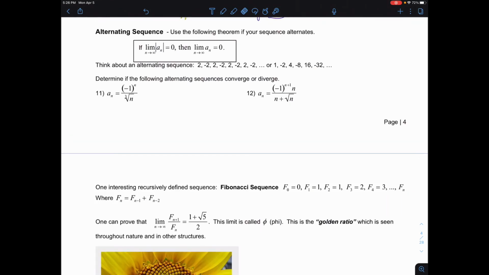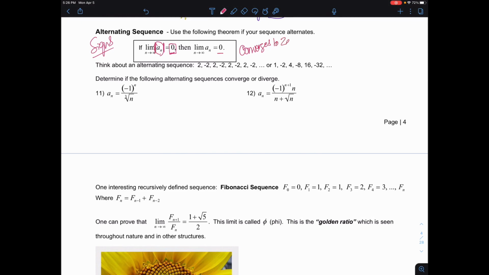On this last bit that we're looking at in 5.1, we're going to talk about alternating sequences. When we're talking about alternating sequences, we're talking about alternating their signs. If we take the absolute value of all of the terms, we're going to get 0, if we add them all up to infinity. It's really super easy, and when that happens, we say that it converges